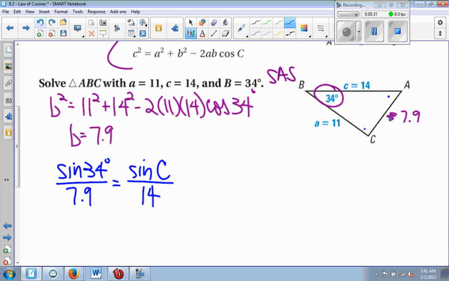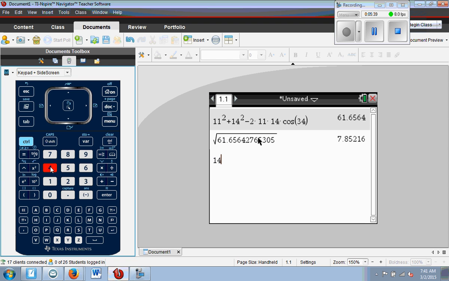So some things to keep in mind here. When we're solving, we're going to cross multiply and divide. Now when you cross multiply and divide, you're going to get a nasty decimal. So 14 sine of 34, we're going to divide that by 7.9. Now obviously the angle measure is not going to be